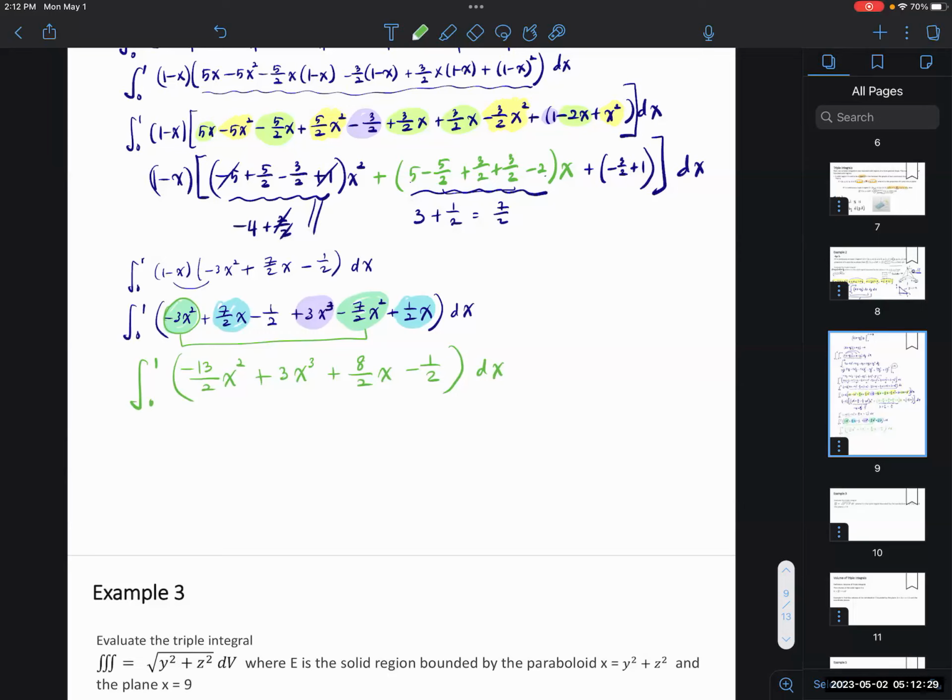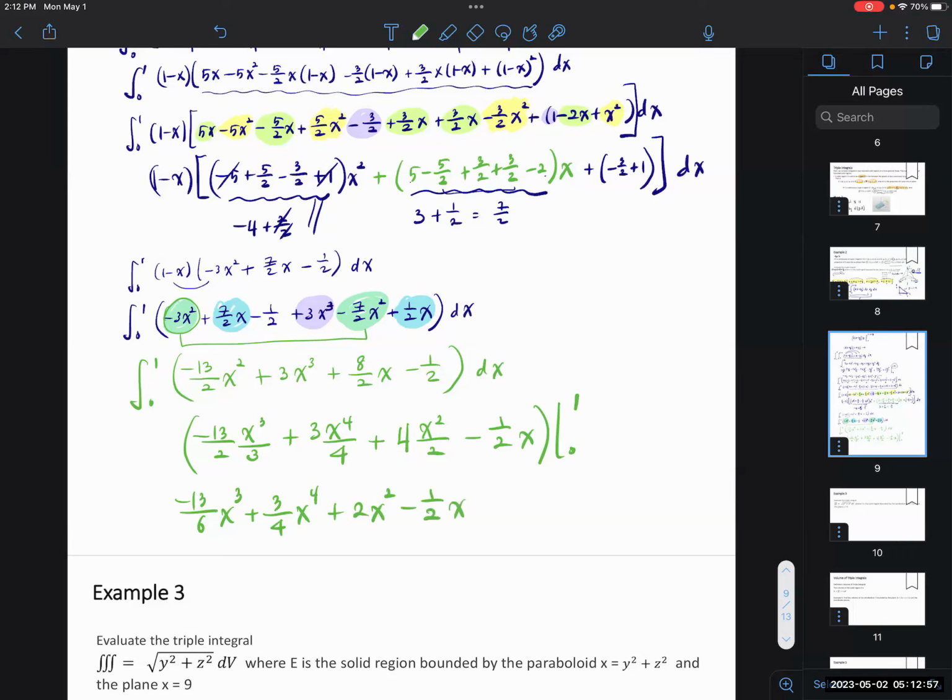Okay, now take the integral. x to the third over 3. 3x to the 4 over 4. 4, because 8 divided by 2 is 4. 1 over 2x. 0 to 1. Gotcha. So that's negative 13 over 6 x to the third. 3 over 4 x to the 4. 2x to the second, 1 over 2x. So now you're going to subtract